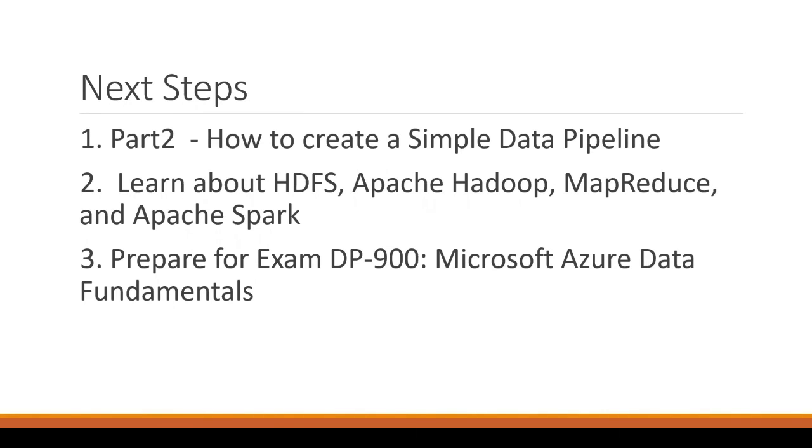What you can do next, till the part 2 video comes, is learn about HDFS, the Hadoop Distributed File System, and what Apache Hadoop is. If you learn about Apache Hadoop, you will come to know about two things: HDFS and MapReduce. HDFS is a distributed file system and MapReduce is used to process the data. And what is Apache Spark? In fact, Apache Spark is a kind of newer version, or next level, of Apache Hadoop. So nowadays we use Apache Spark, but for knowledge purposes, you need to learn those things to have better knowledge.